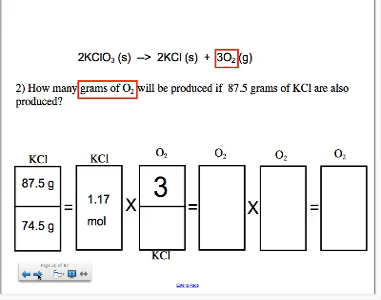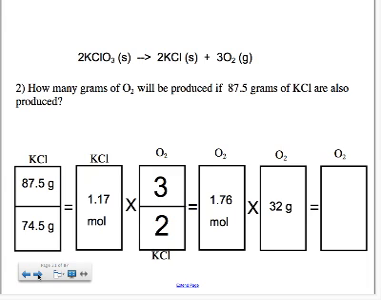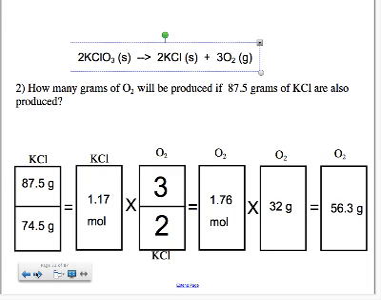3 is the coefficient in the equation, and the coefficient of my known, which is KCl, is 2. So it's actually 3 over 2 again, just like it was in the last problem, even though we're dealing with a different substance. So 1.17 times 3 over 2 gives me 1.76 moles of O2. But again, the question asks for grams, so I have to multiply that by 32. That's the mass of oxygen. And I get